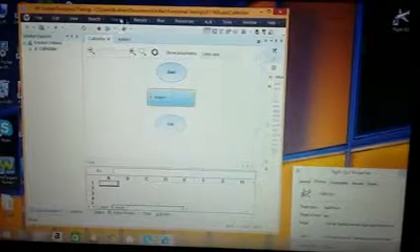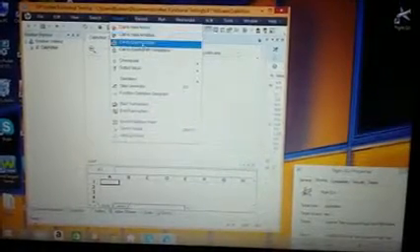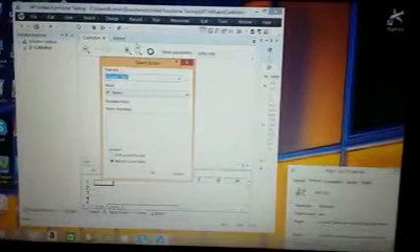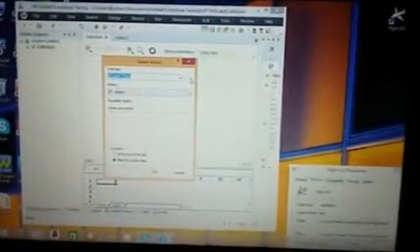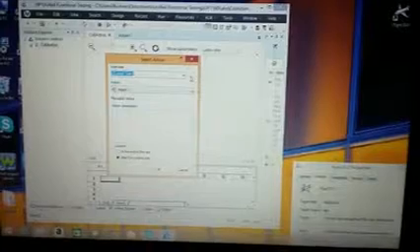View the results, which show the test action is called from the test in square brackets. Then save the test. Then exit UFT.